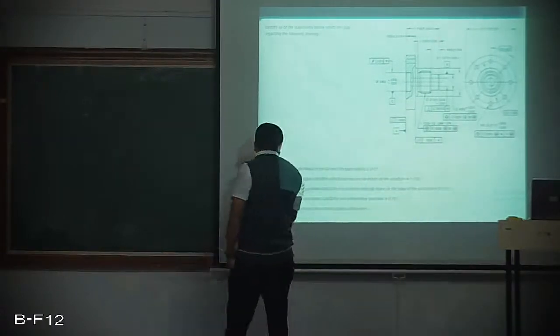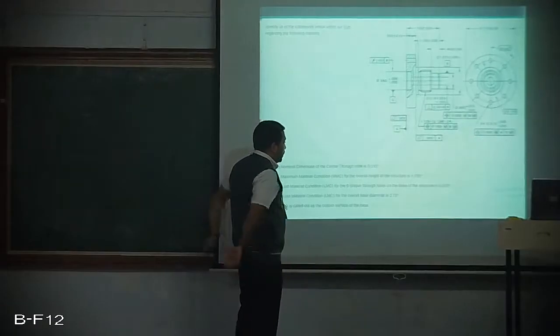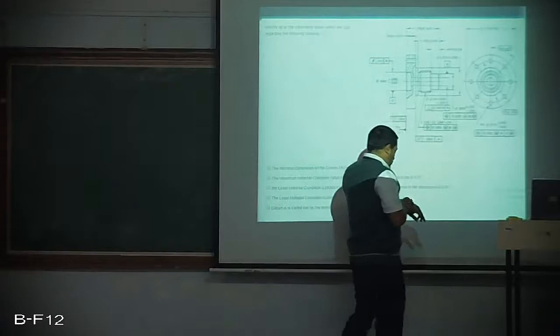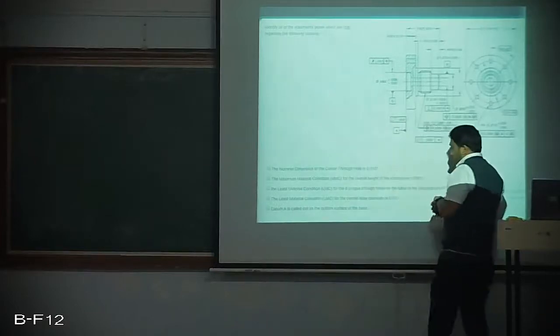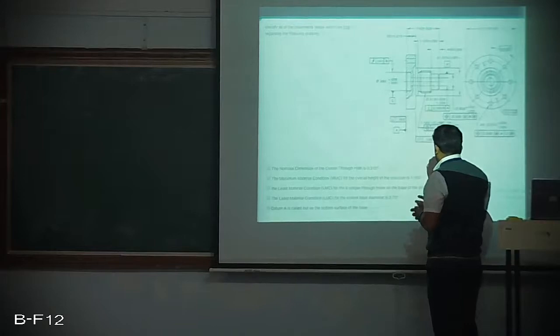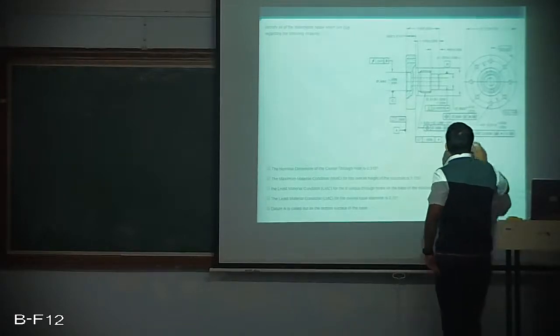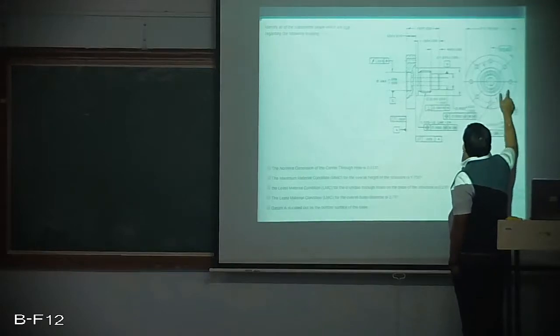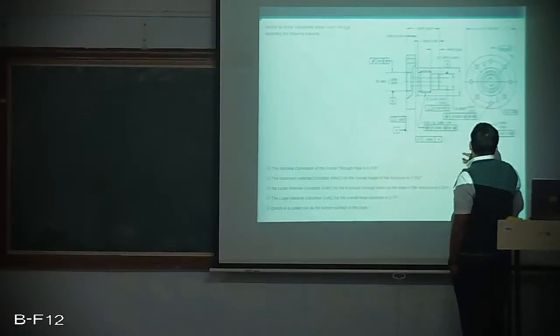The least material condition for the 8 unique through holes on the base of the structure is 0.210 inch. The 8 holes on the base of the structure are these holes, and the dimension of these holes is mentioned as